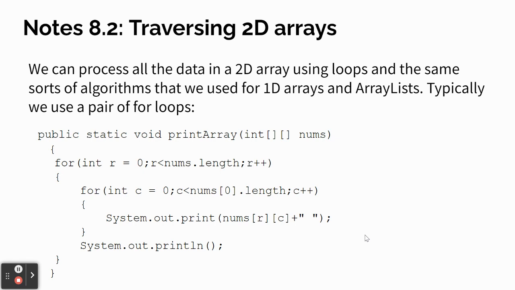Listen, we can process everything in a 2D array using for loops and all the same sorts of algorithms we use with one-dimensional arrays. So typically we do 2 for loops. So take a look at this. This is a method called print array. This is straight out of